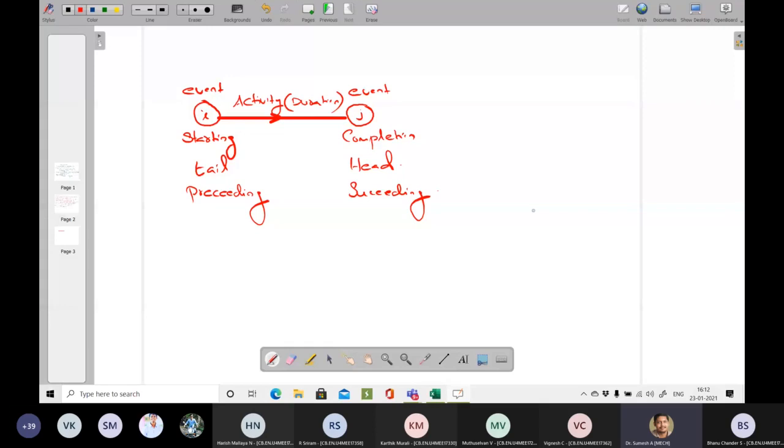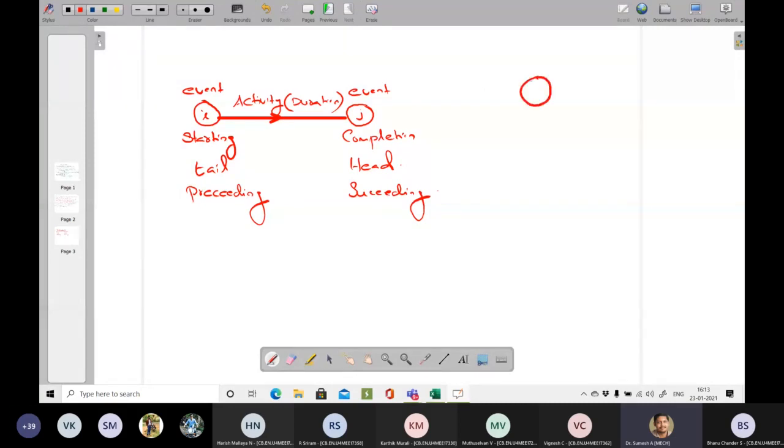Since an arrow is used, if we see the international authored books, it is also called an arrow diagram. Try to connect these arrows as straight lines, and certain things you also have to avoid, which I will tell you. Now, in some cases these events again are of two types.